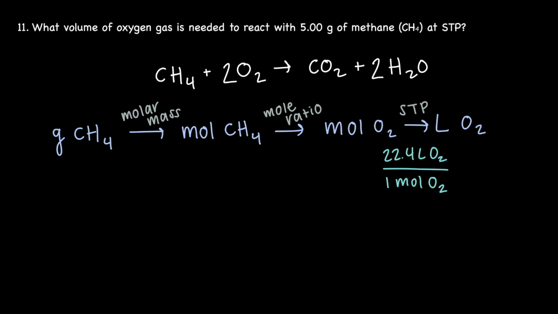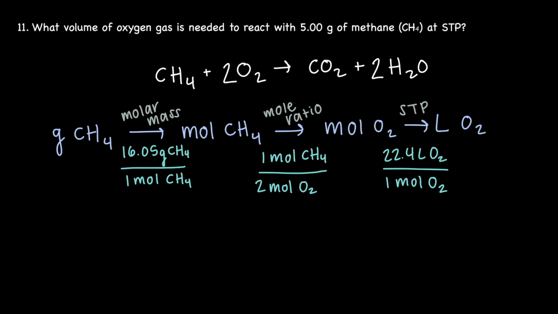The molar mass of CH₄ is 16.05 grams of CH₄ for every 1 mole of CH₄. From the coefficients, 1 CH₄ reacts with 2 O₂, so the mole ratio is 1 mole of CH₄ for every 2 moles of O₂. Setting up all units to cancel, we start with the given value, 5.00 grams of CH₄